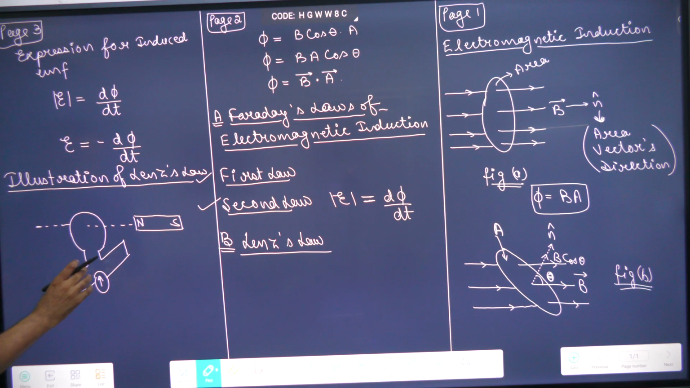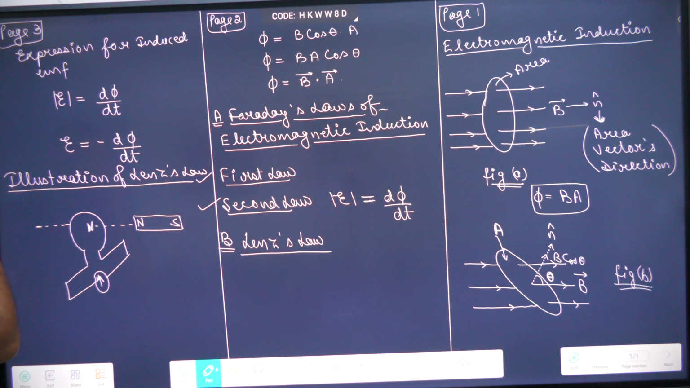Actually, there is no battery connected to this circuit. This is just a circular loop of wire. And this is a galvanometer. A galvanometer always indicates whether a current is present in it or not, and its direction. Okay, so when this magnet goes near this loop, then the north pole induces a north pole here,